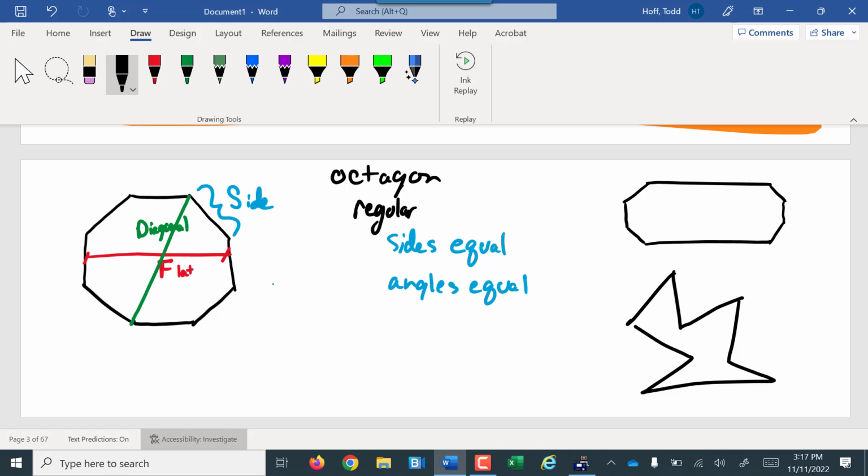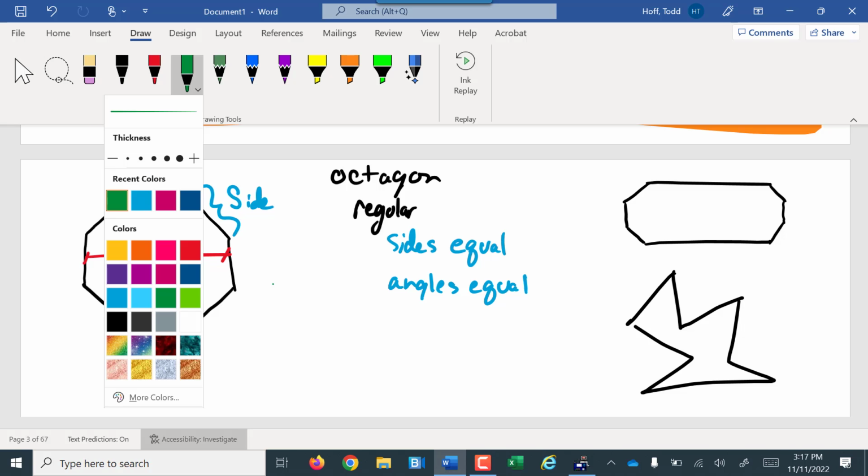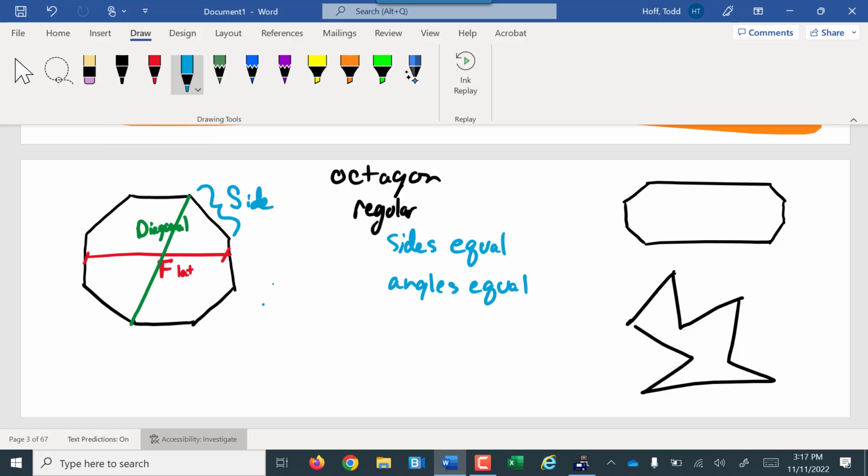So, anyway, if I want to find the area of a regular octagon,